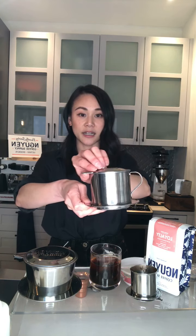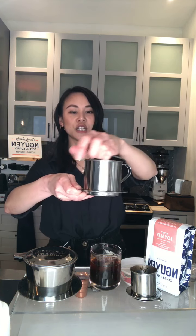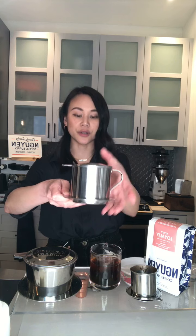This is our medium-sized Fiend Filter. It is 12 ounces. It's great for making multiple servings for yourself or for your friends and family if you want to share, right? This is a great one. This is a 12-ounce Fiend Filter. If you're using a tablespoon, you want to start with 6 tablespoons of coffee inside the 12-ounce Fiend Filter. And then